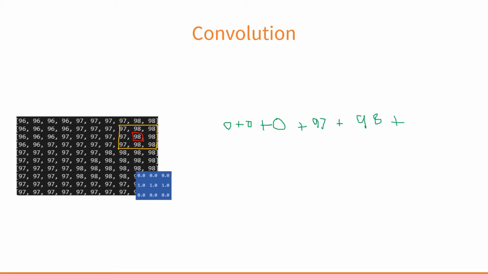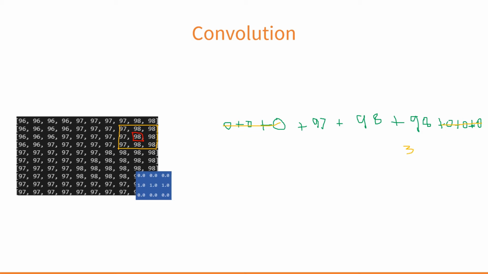Then the last row of the image neighborhood is everything 0, so 0 plus 0 plus 0. So finally 0. I'm drawing with the mouse, so I cannot draw clean. So totally you have all zeros here, and so you want